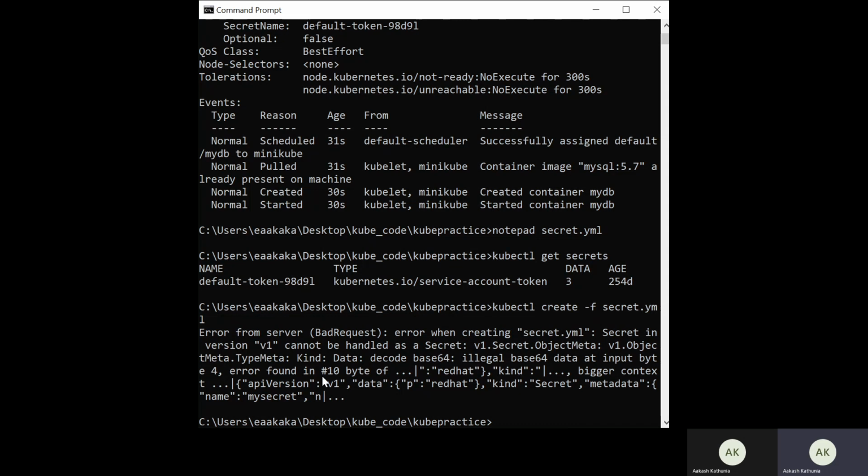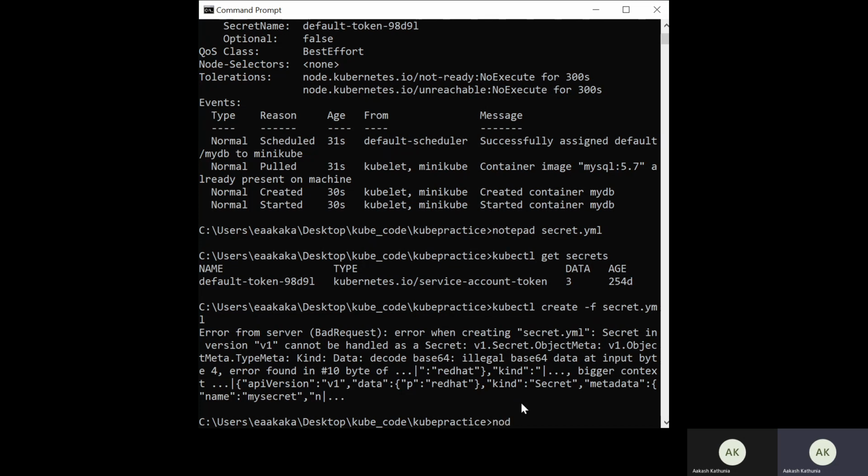Okay. So this is also one of the important things: once you are defining something in the secret, it should be in base64. So for the base64, you need to go to Google Chrome and search for base64, and you can use the encoded password.